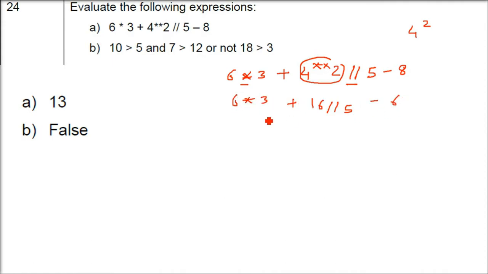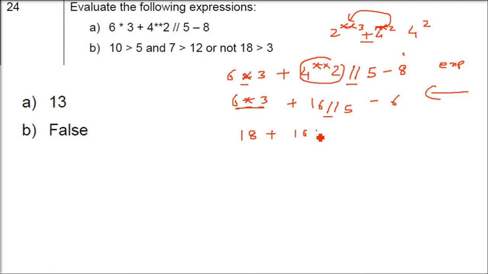6 into 3, step by step you have to do. Now, these two precedence, into and division, are the same. Exponential precedence is always right to left. That is, if you have two exponentials in the same expression, you have to do the right one first and then the left one. For example, you have 2 into 2 raised to power 3 plus 4 raised to power 2. So first you have to do 4 raised to 2 and then you will go to 2 raised to 3. Okay. But here everything will be left to right because we have already done the exponential.